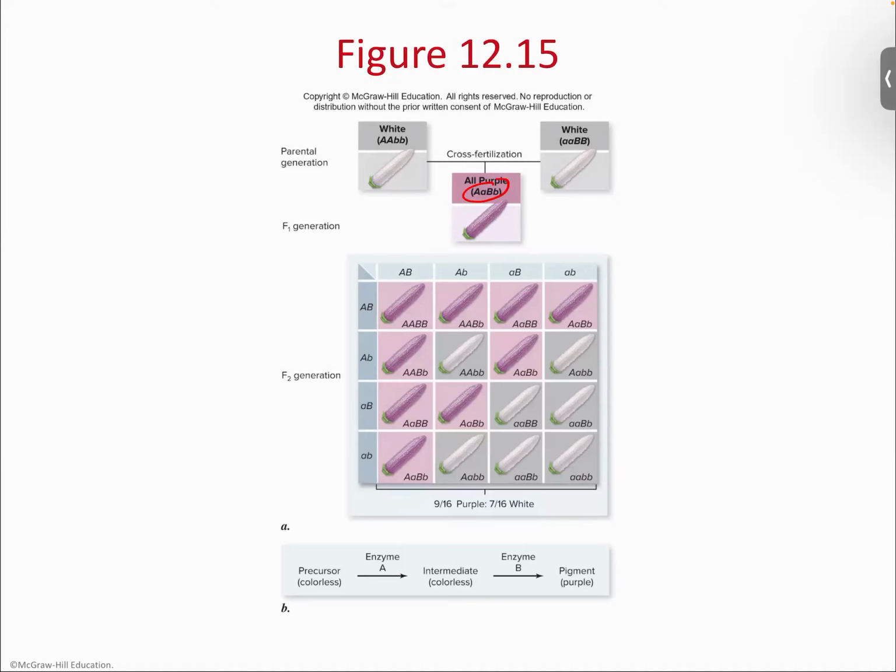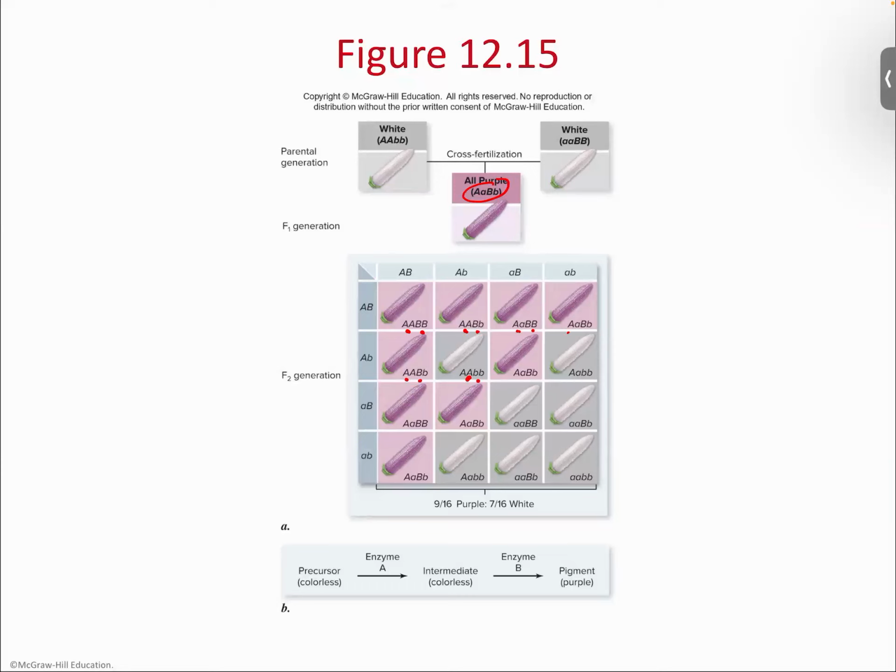And then he crossed them together and he got the same Punnett square that we normally get. Only in this case, what he noticed was that when you have a dominant in both, you're purple. Dominant in both, you're purple. That's true for all of these. But when you're dominant in A, but recessive in B, then that seems to suggest that you can't make pigment